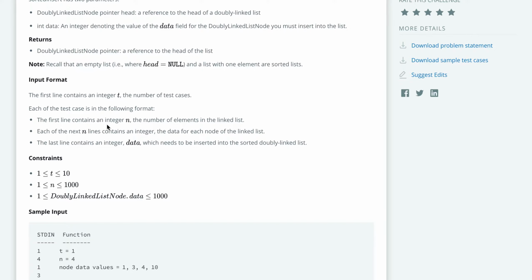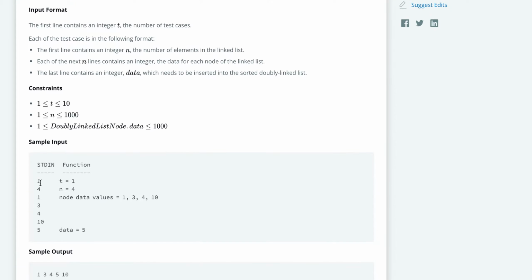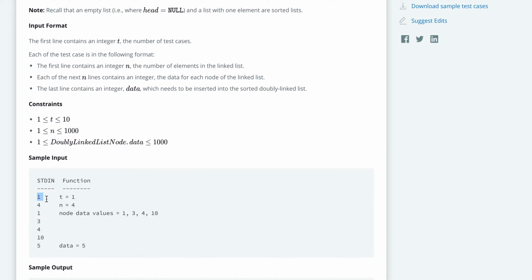Here is the input format. The first line contains an integer t, the number of test cases. If t is 1, we have only one test case. The first line of each test case contains an integer n, the number of elements in the linked list.